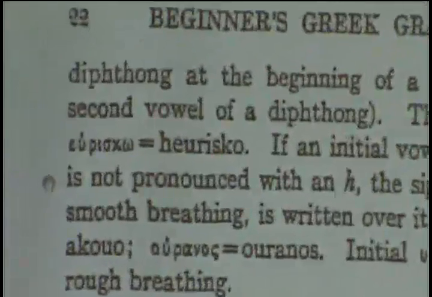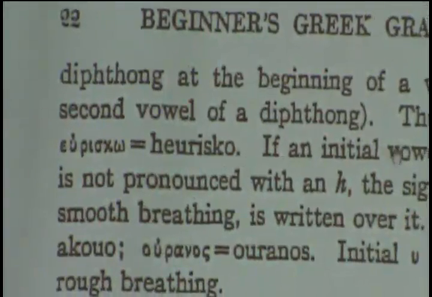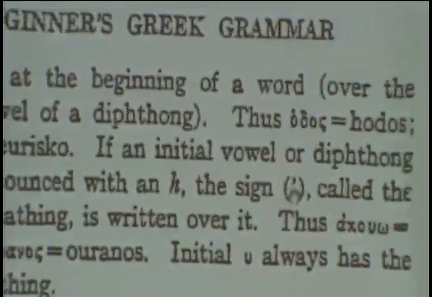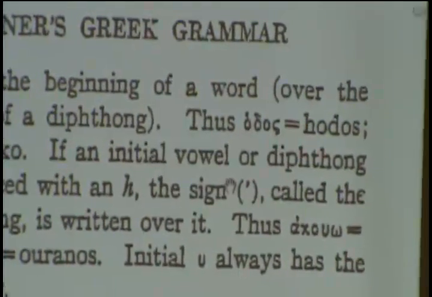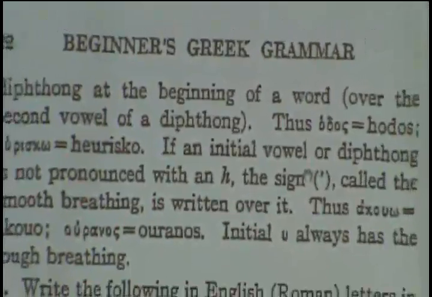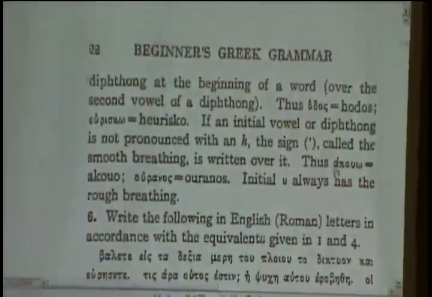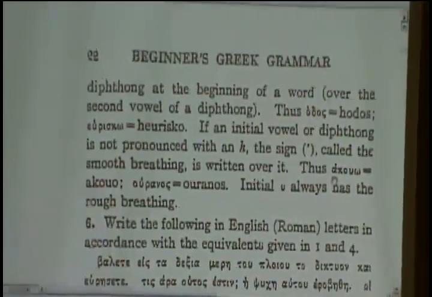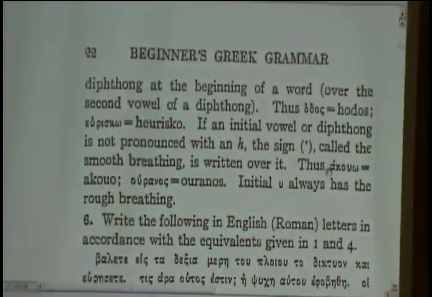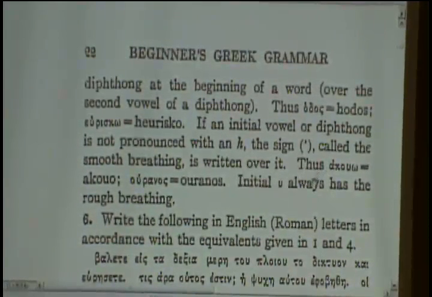Heristo, that's rough breathing. Now, if an initial vowel has this kind of a comma, not to the left, but to the right, that's a smooth breathing. See that smooth breathing mark there? That's akoue. Not hakoue. No rough breathing. There's no breathing at all. Just like it's rubbed off. So every Greek word that begins with a vowel